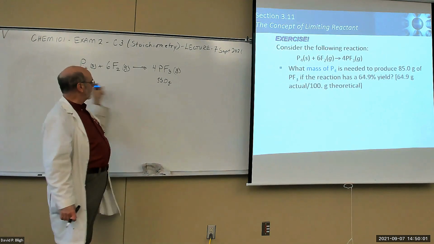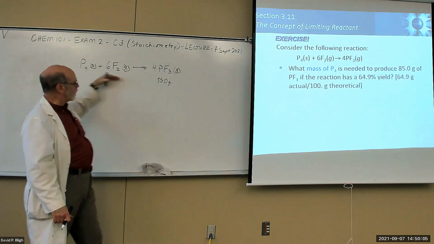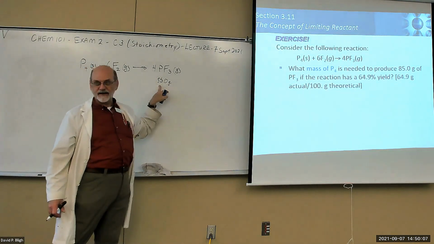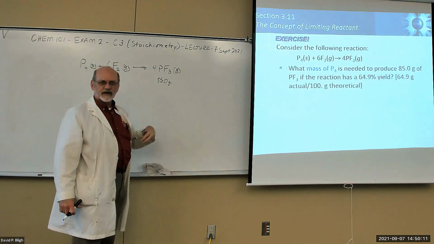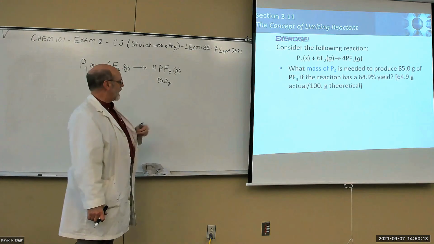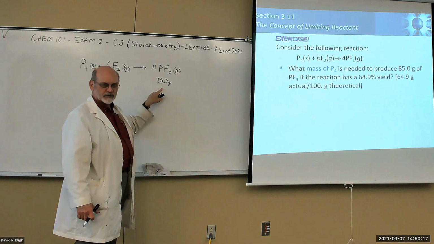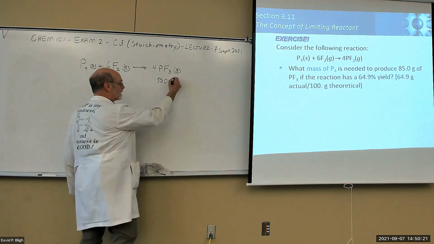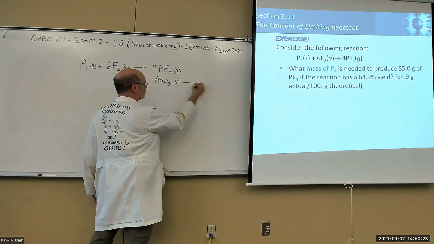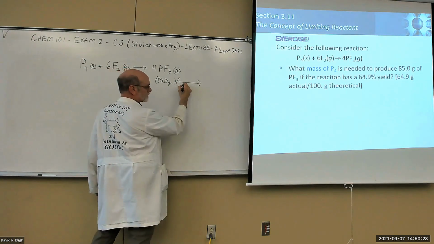So if you do it that way, then 64.9% of that is all you're going to end up with, and it'll be less than 85. So you have to say, all right, theoretically speaking, how much would this have to be to produce the amount that I want? So what we need to do is modify this one so that it will give us